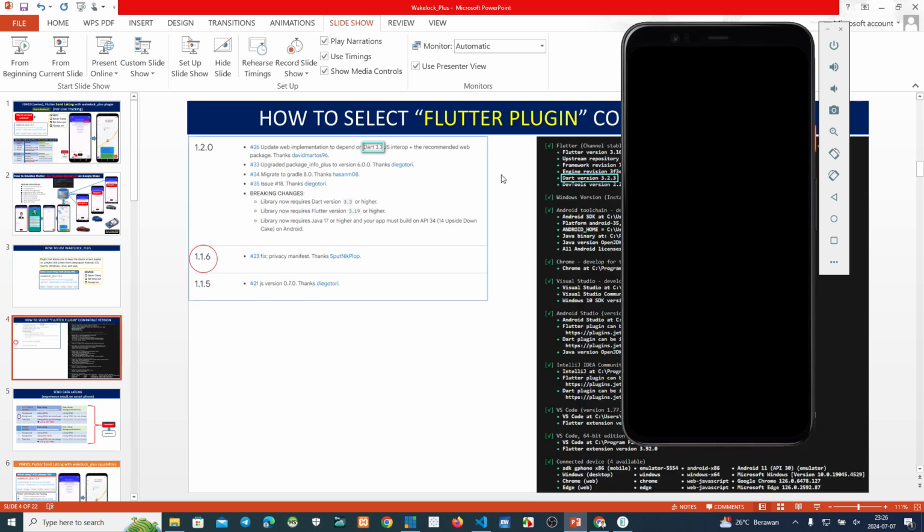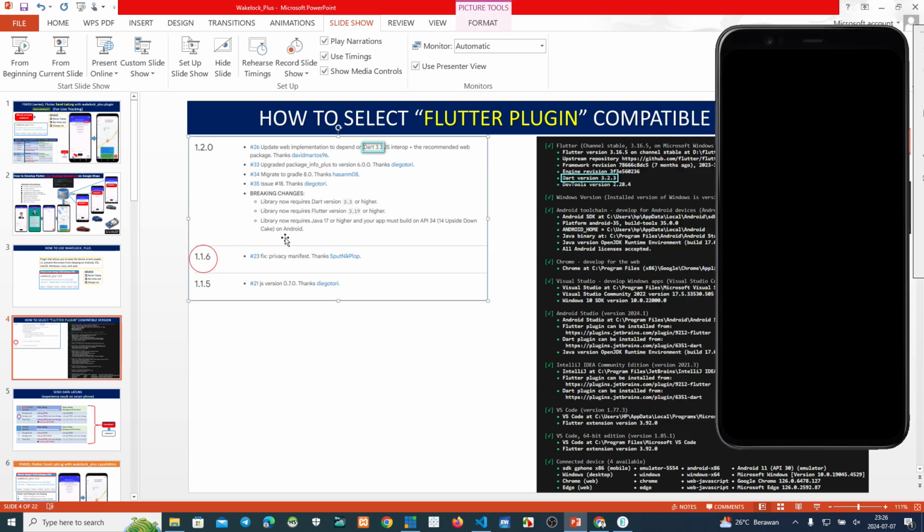And also, this is the Flutter Doctor. That version is 3.2.3. Because of that, we must use our plugin version, this one, 1.1.6.